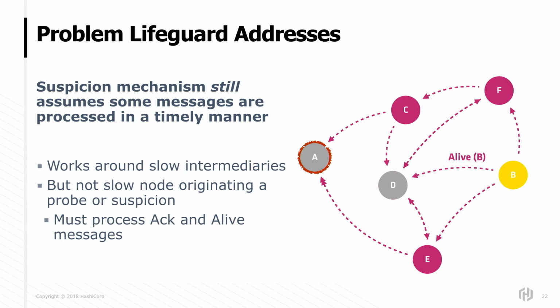Node D couldn't help. But the epidemic nature of the suspicion mechanism floods around any slow or dead nodes. If there's a fast way to get the information from A to B, it will get there. And if there's a fast way to get it back, it will get it back. Unfortunately, if the node that was asking in the first place is also slow, the message can even be in